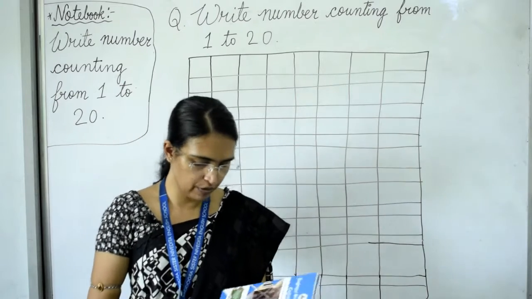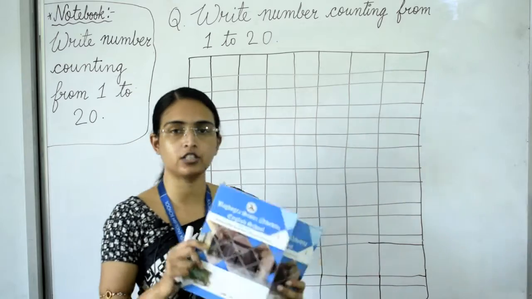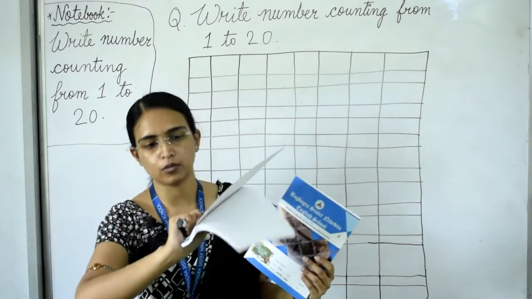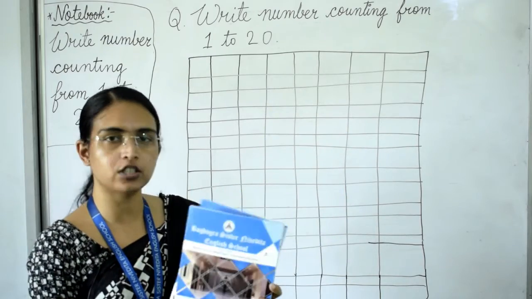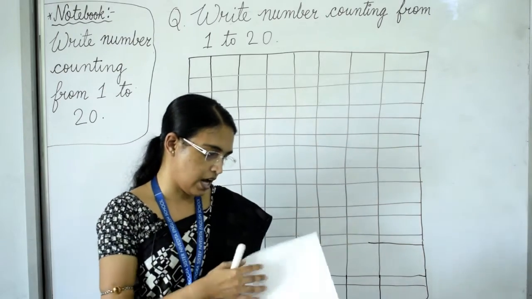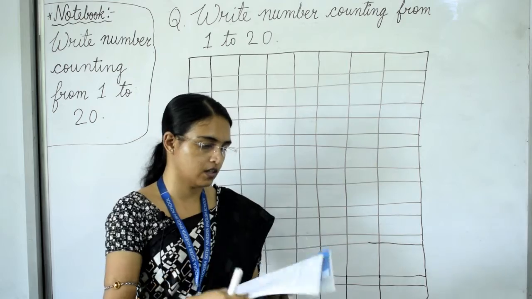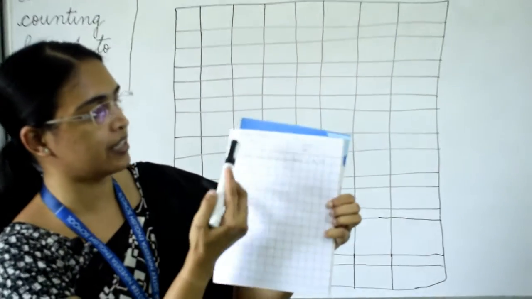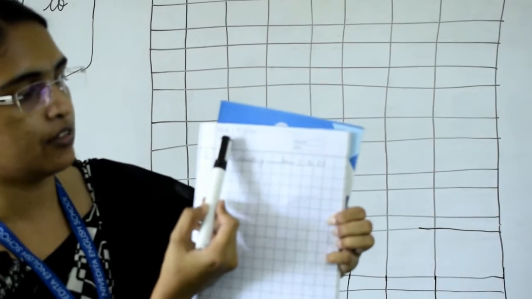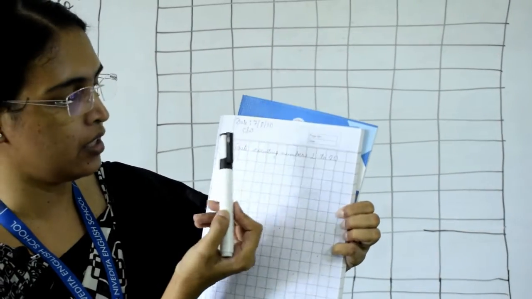Okay, now we will do maths. For maths, first take out your notebook. This is your notebook CW copy and this is your HW copy. First take out your CW copy, and you have to write in your CW copy like this. You have to mention the date, write CW in your CW copy.